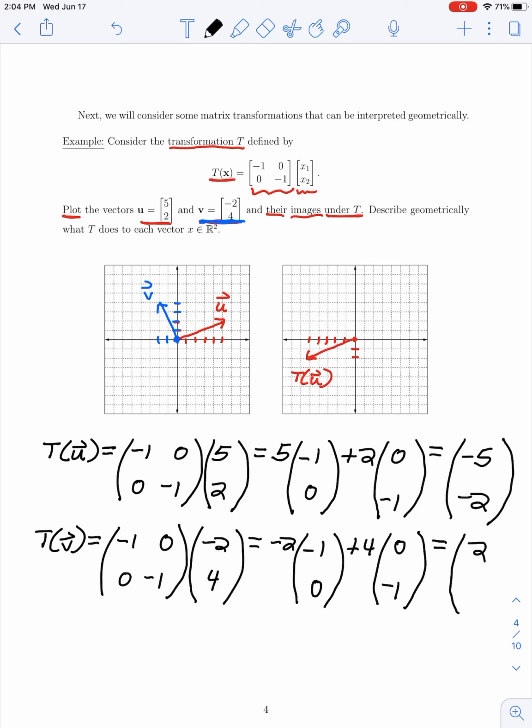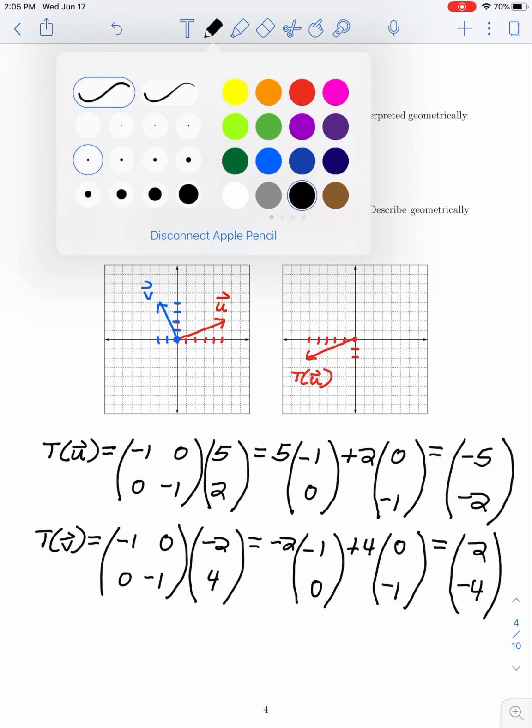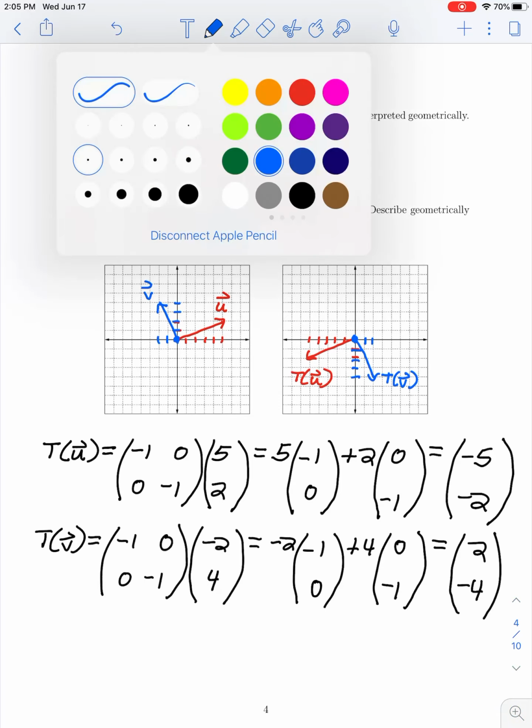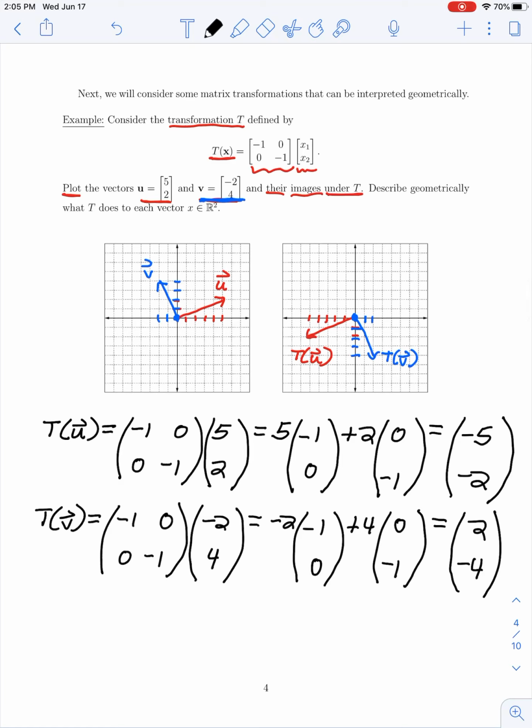So here we have a +2 and a -4 as the components of our image. For the representation of this vector, we start at the origin. We are moving 2 units to the right and 4 units downward as the image of v. Comparing that with the original vector v, we see again that it appears to have reversed the direction of that vector. So geometrically, to describe what this transformation is doing,